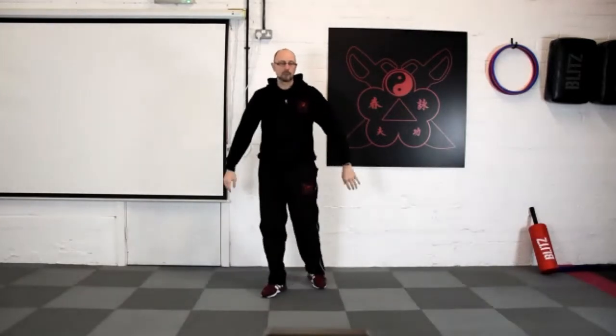1, 2, 3, 4, 5, 6, 7, 8, 9, 10. Good, just shaking off. Okay, left leg forward, keeping your guard up, I'm about to squat down and come up